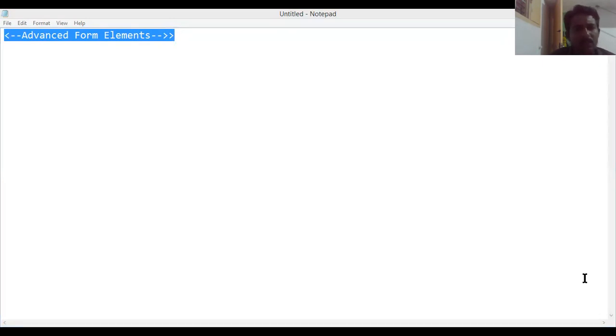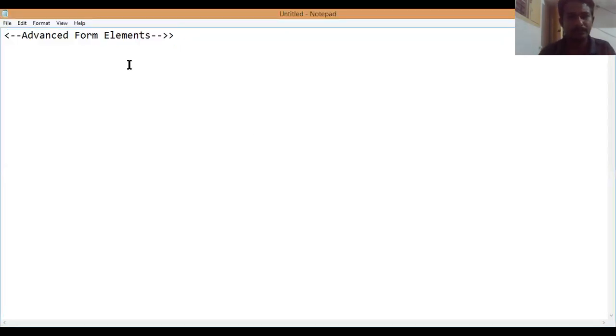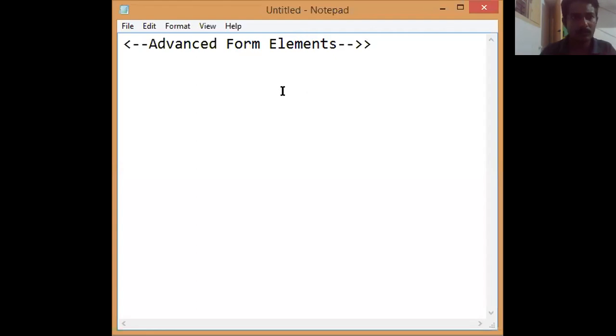As usual, I am going to create an HTML5 file. We know that for every HTML file, we need an HTML tag followed by a head tag, followed by a title tag.